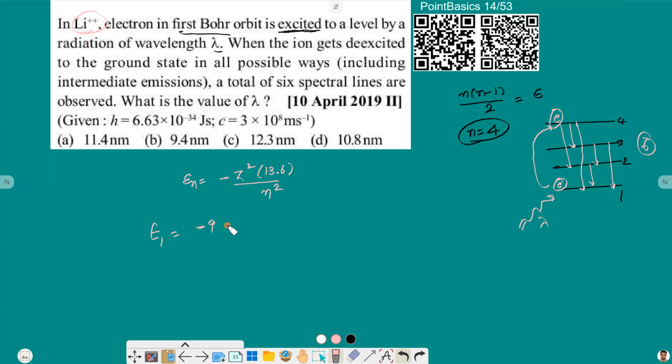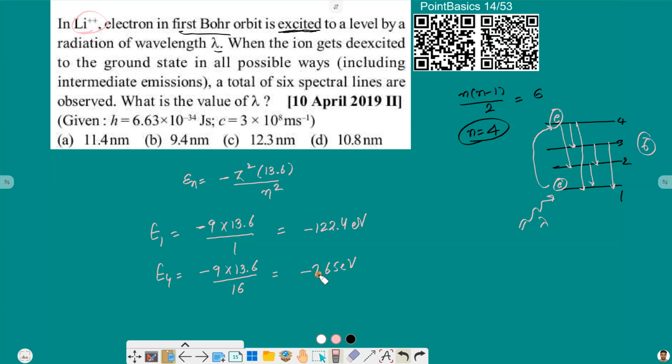So 3 square is 9 into 13.6 divided by 1, and that will give us minus 122.4 electron volt. Now for the fourth, we will have minus 9 into 13.6 divided by 16, and this will give us minus